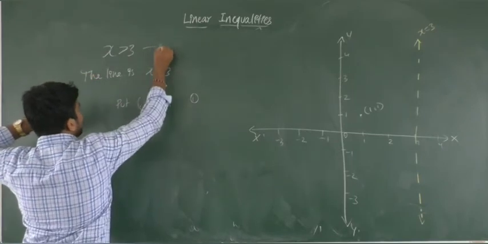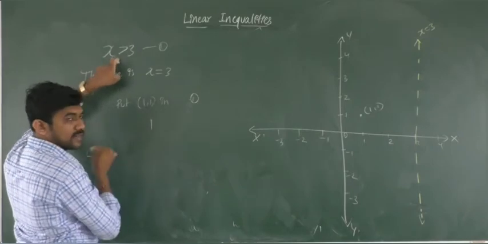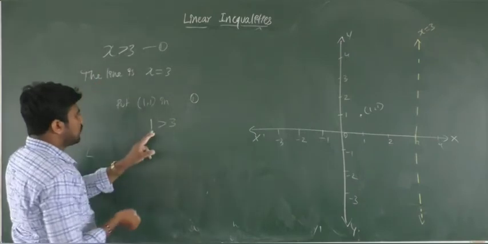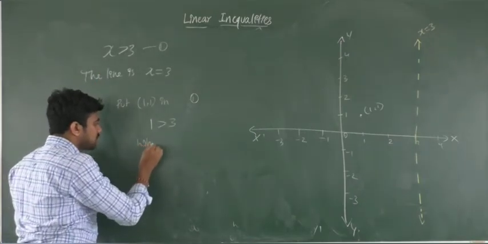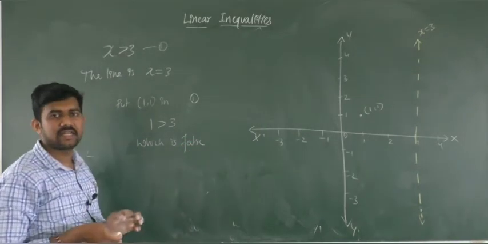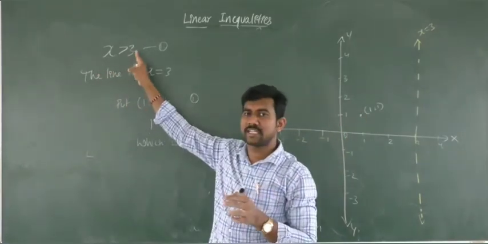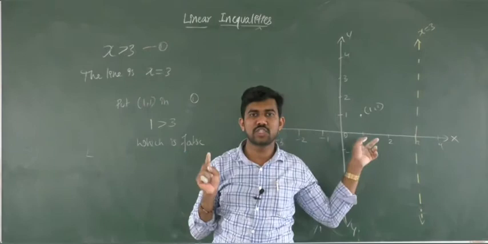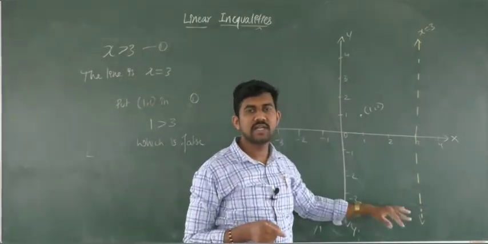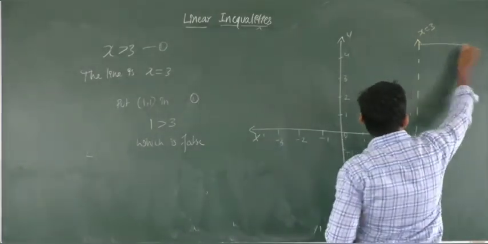Substitute in equation number 1. x is 1 here, and there is no y coordinate, so x, that is 1, greater than 3. 1 greater than 3 is false. 1 is not greater than 3; 1 is less than 3. So 1 comma 1 does not satisfy the given inequation and is not a solution. This means the solution region is not in the left half plane; we will get it in the opposite half plane. So the solution region is on this side.